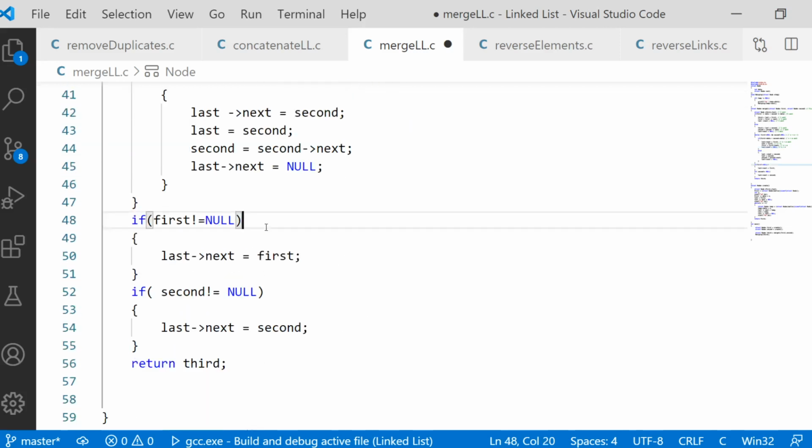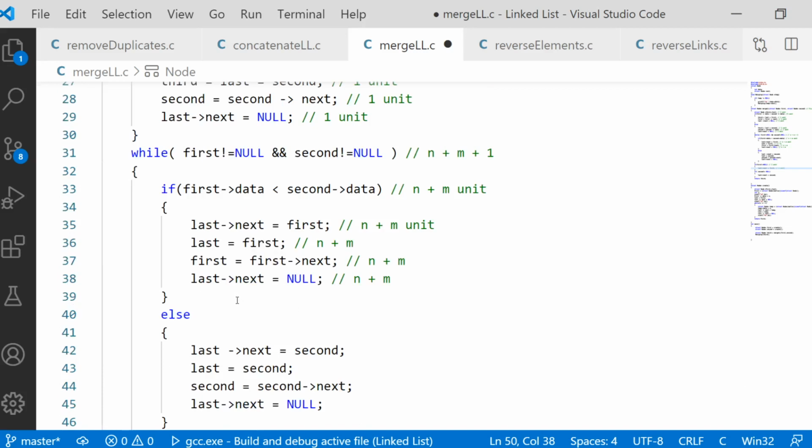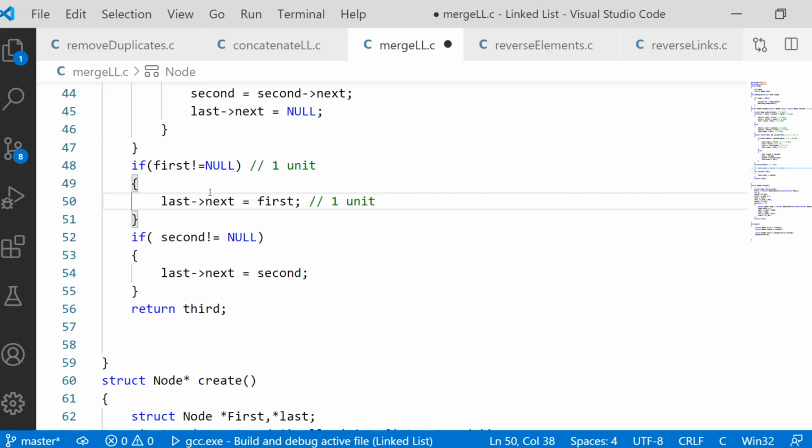Okay, coming out, this condition checking will take 1 unit, this execution will take 1 unit. And remember one thing, any one of these conditions only will work. Both are if. How am I saying that any one of them will be working? Because I'm stopping this loop if any one of the pointers becomes null. If any one pointer becomes null, I just come out. So if any one becomes null, the remaining one will not be equal to null. So either the first will not be equal to null, or otherwise the second will not be equal to null. So I'm taking only one part because the other part will not work every time.